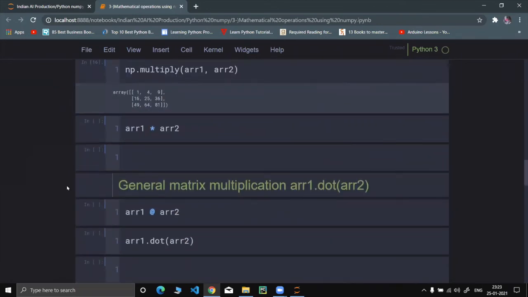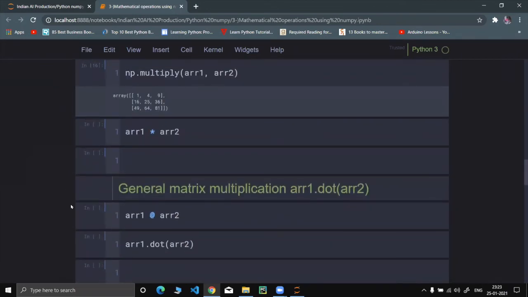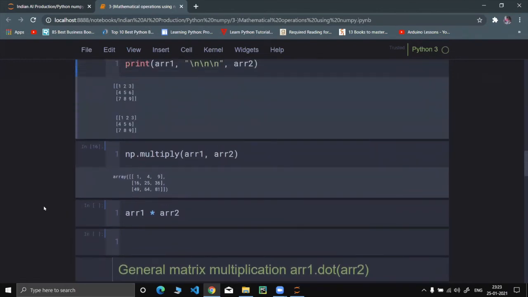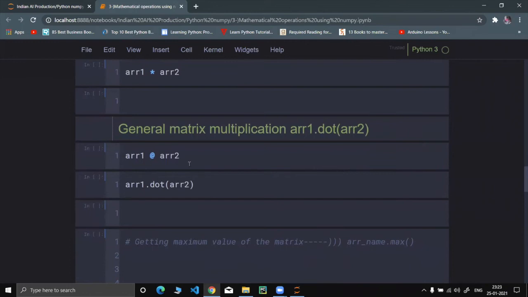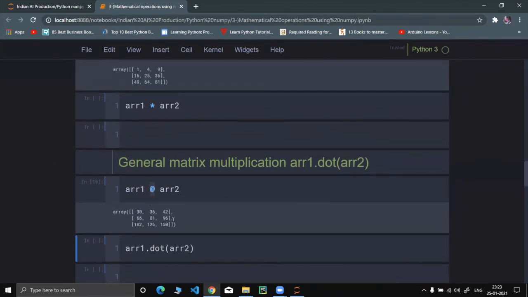And now the manual mathematics, first row, first column, like that is there. Right, exactly. Now for that kind of multiplication, we have two functions. So one function and one operator. This at the rate we can use for matrix multiplication, what you were trying to say. Now see, this is matrix multiplication. Means this we get by multiplying first row into first column, like that.